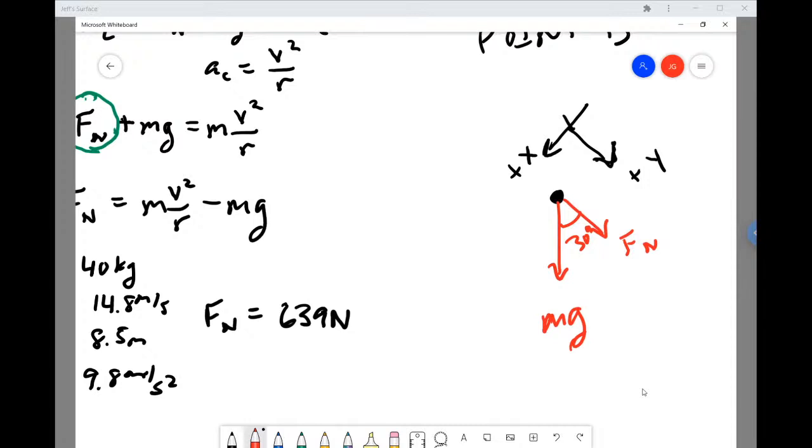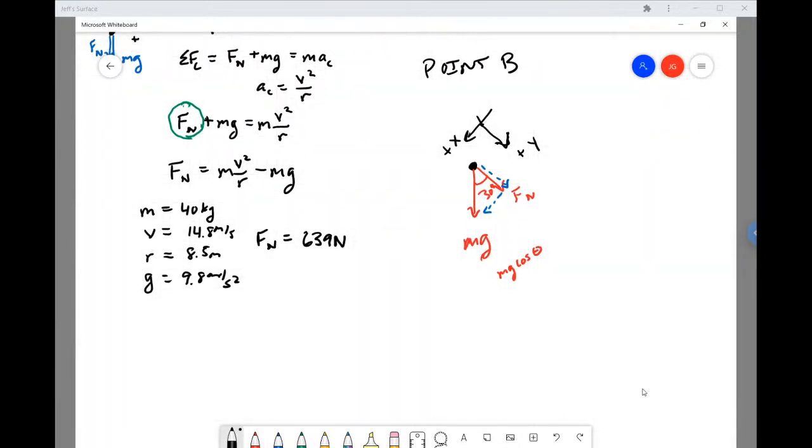So when you're solving part B of this problem, you're going to recognize that now only part of the weight of the child is center pointing. What part? Well, it'll be equal to mg cosine theta. That's the part of the child's weight that's center pointing. The other part is not center pointing. So when you write down an expression for the net centripetal force, the center pointing force, that's going to be along what I called the y-axis here,